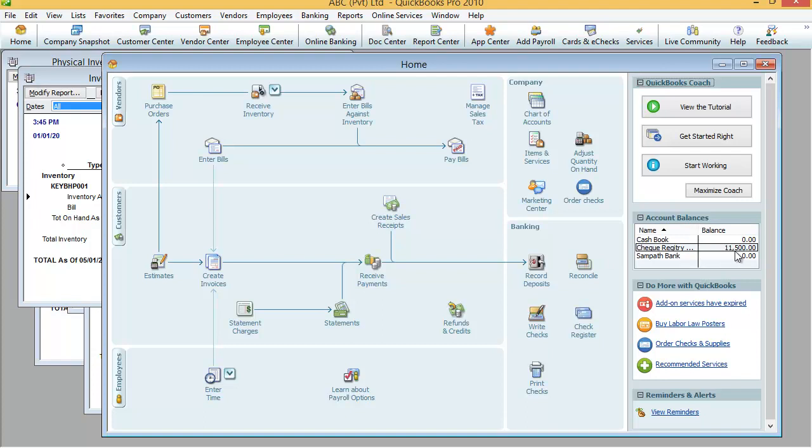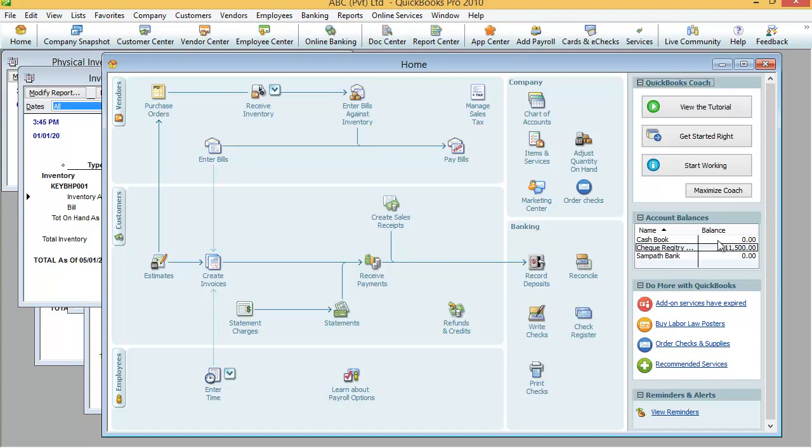So the check registry book shows 11,500. When you deposit the post-dated check into the bank, this ledger will be used for transferring funds from one account to the second account. So this is the way that we can do collection.